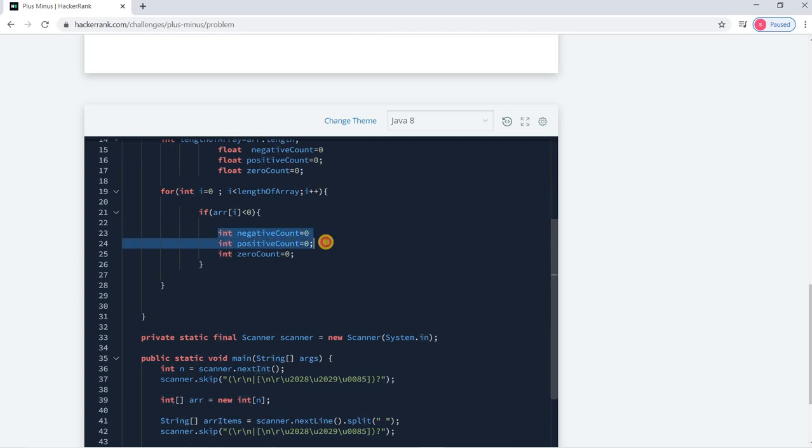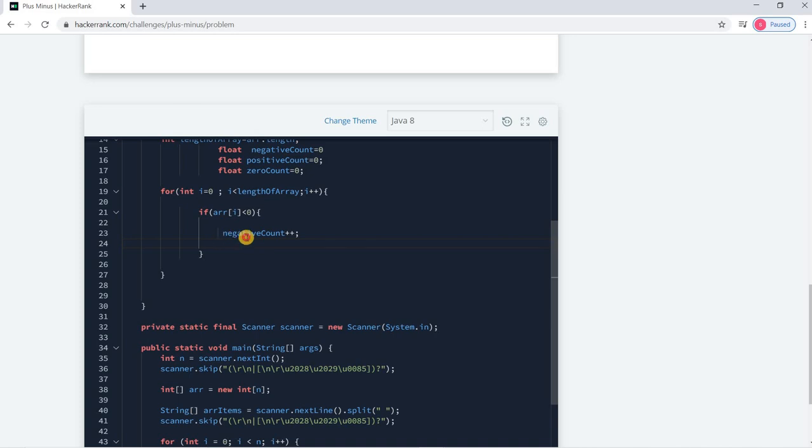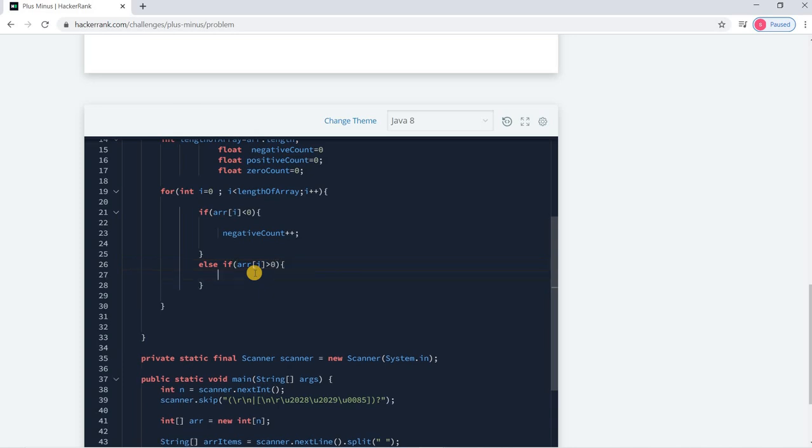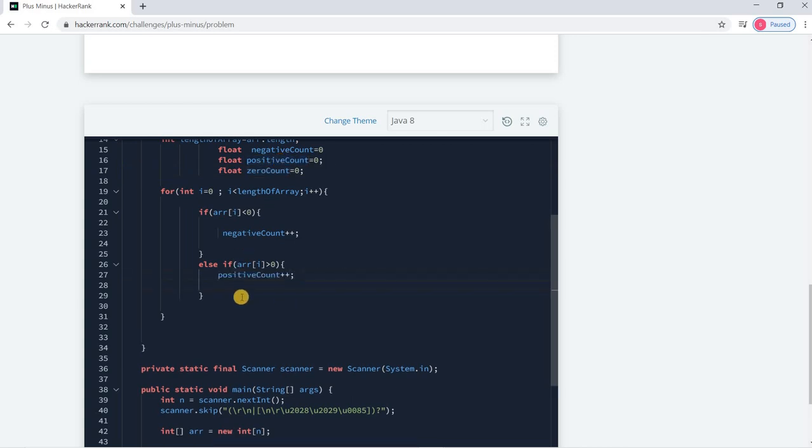So that will be done. The negative count will be plus plus, so we have to increase the count if it is negative. Else if array of I is greater than 0, then that means it is a positive, count plus plus.